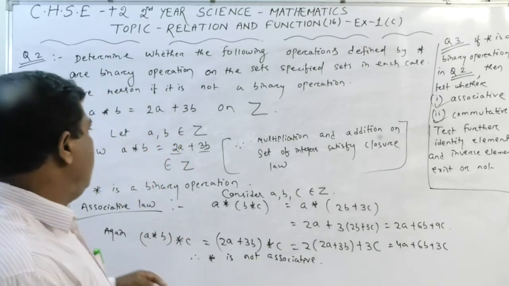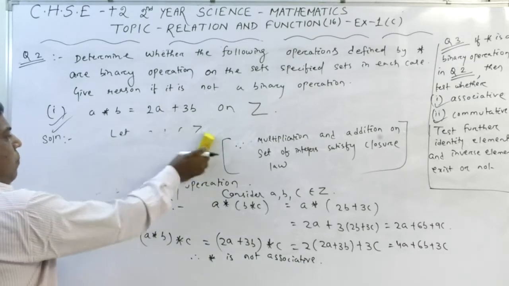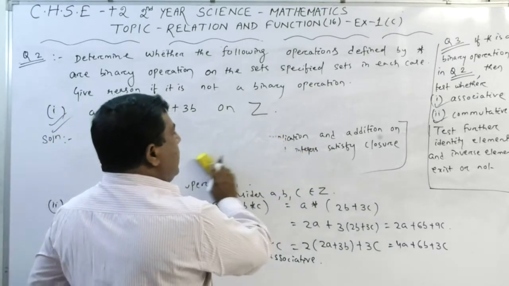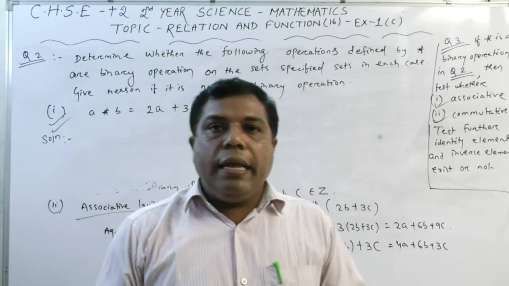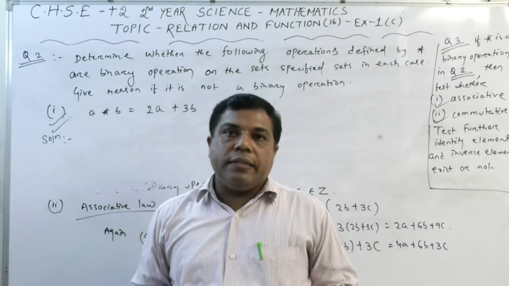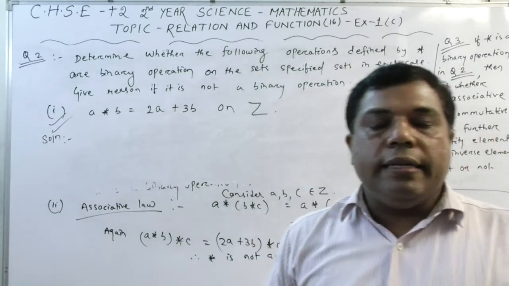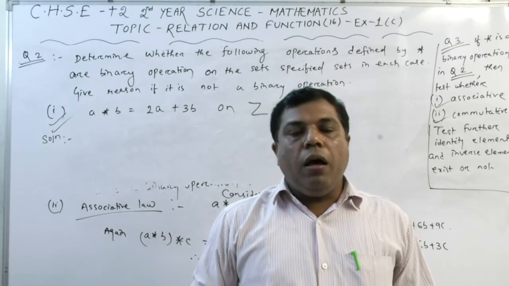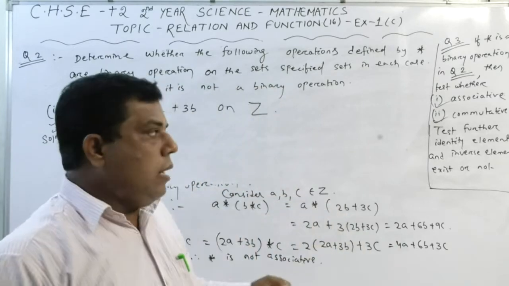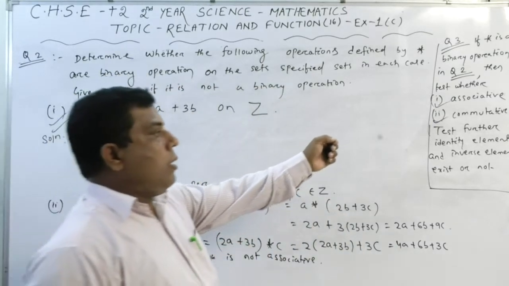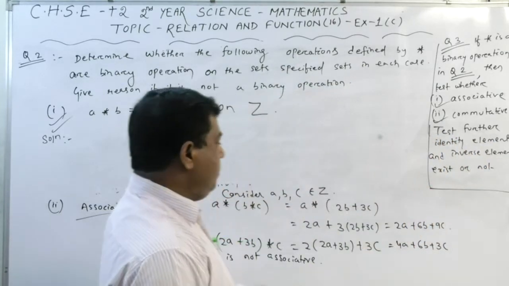Okay. So with this, now I am cleaning this portion. So this is an approach, this is a way to check an operation, to verify whether an operation is binary or not, and if it is a binary operation, then whether it satisfies the commutative law or not, it satisfies the associative law or not. Okay, that we are going to check. Clear? In this way. Now we are going to test for the identity and for the inverse.